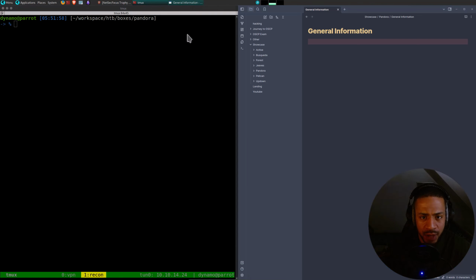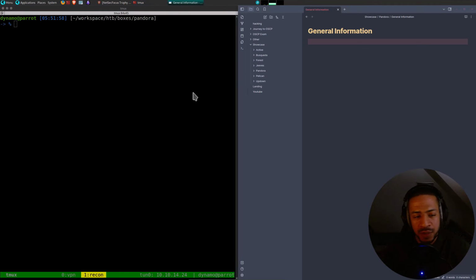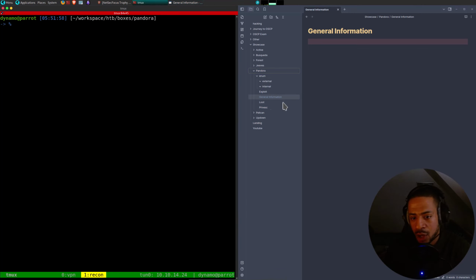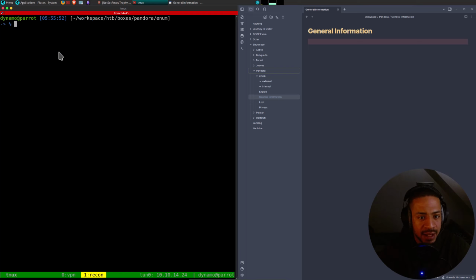So as usual, I've got everything running already. I've got the VPN running, and I've got Obsidian open here. I've already prepared the folders and notes in there, and I've created the root directory. In there I'll create as usual the folders, loot, privesc and exploit. I'll go into enum, and now that I'm ready to start,